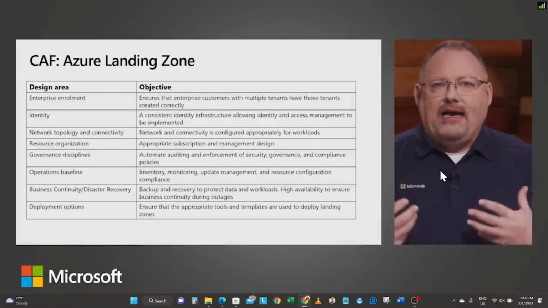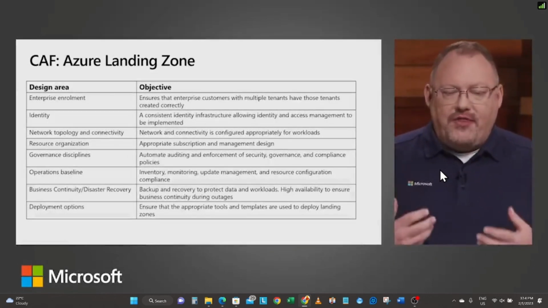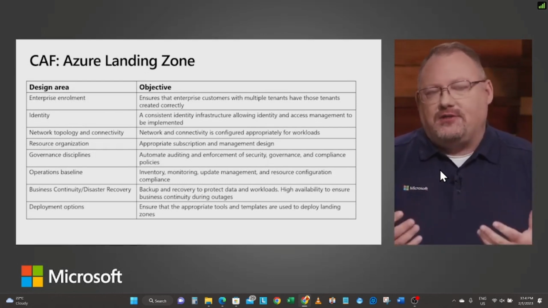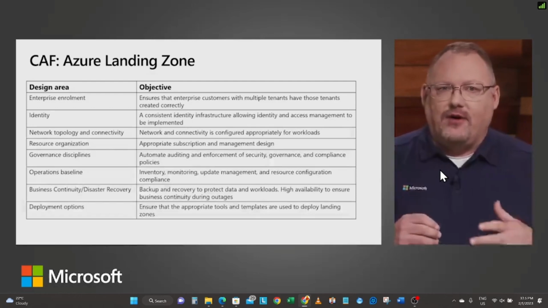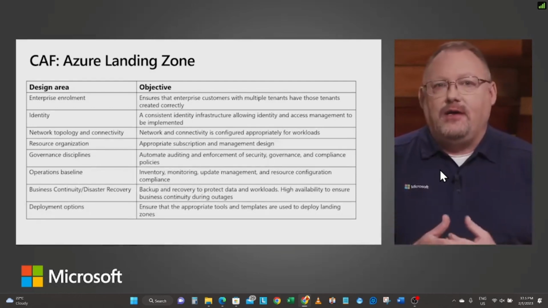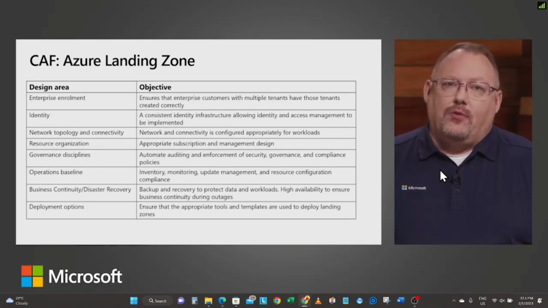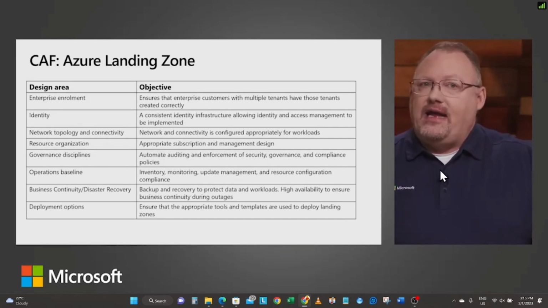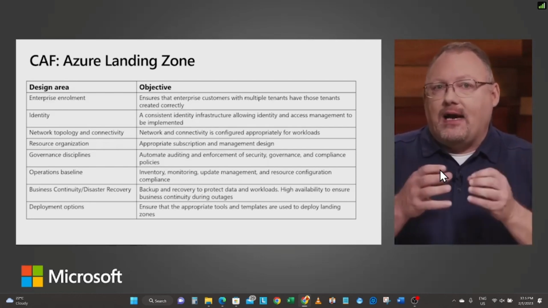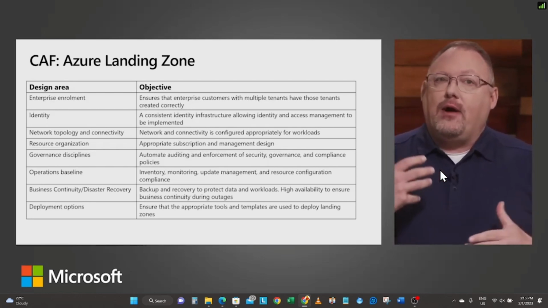Whenever you start talking about the landing zones with this plan, the first thing you want to talk about is how do we get our Azure? How do we have our tenants set up for our directories and for our identity environment? Are we a multi-tenant company? In other words, we've grown through acquisition, and you might have acquired companies that already had an Azure landing zone. How do we make those work? How do we bring our identity into play?